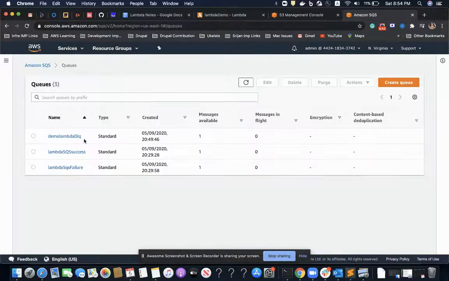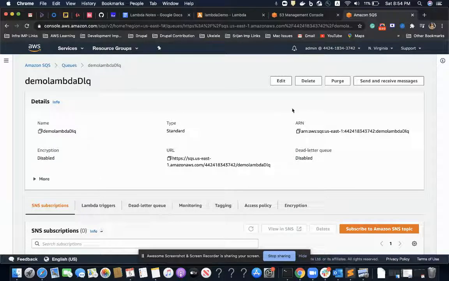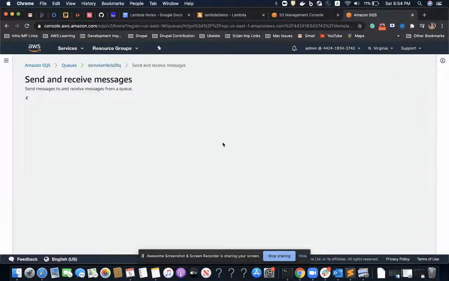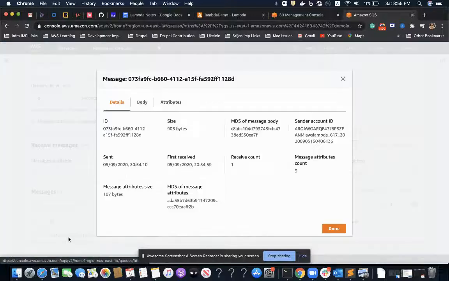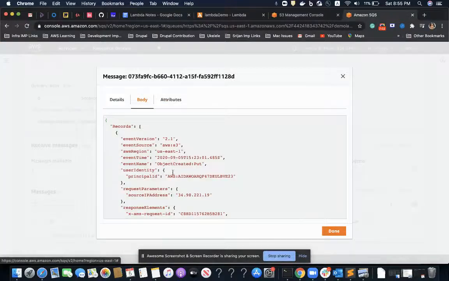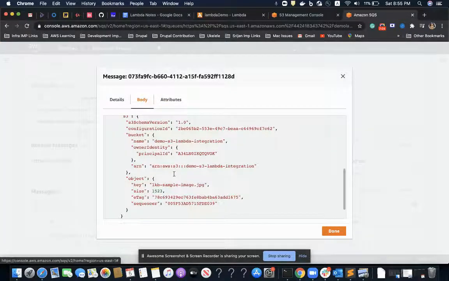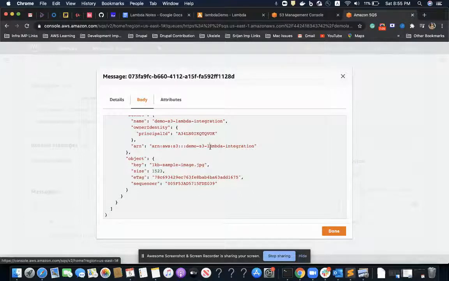Now I can see one message is available in my dead letter queue. I'll poll for messages to receive it and debug what went wrong with that particular data. In the body I can see that something has been uploaded onto S3, this file, and I can debug later what went wrong.